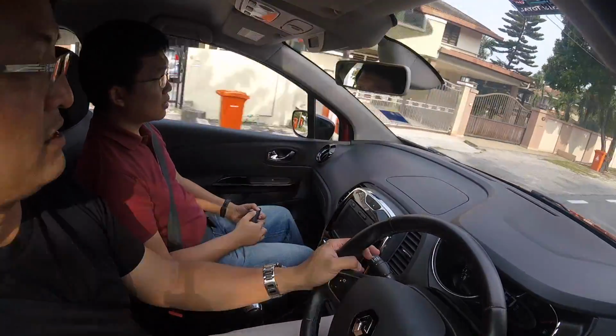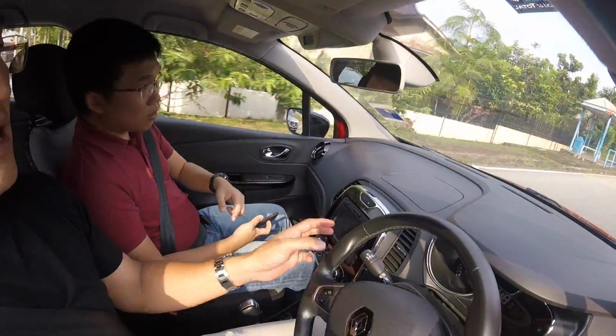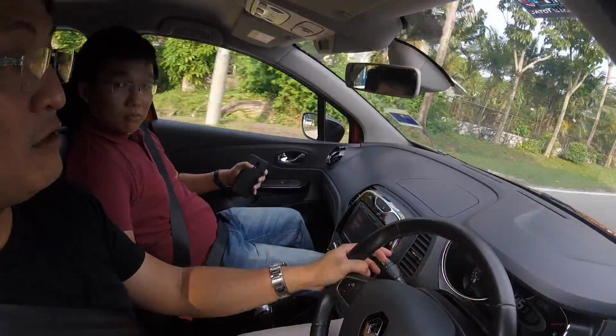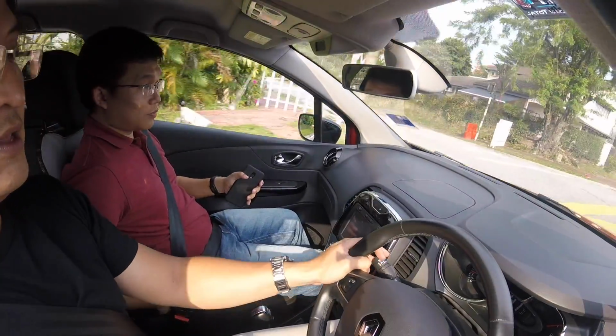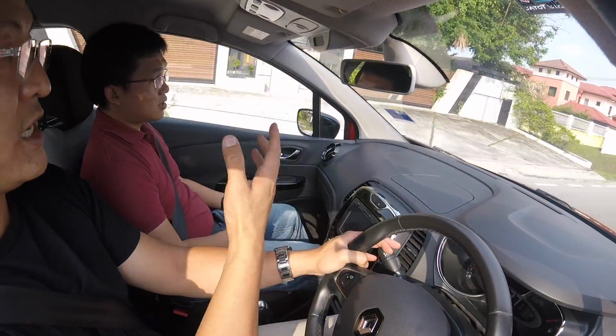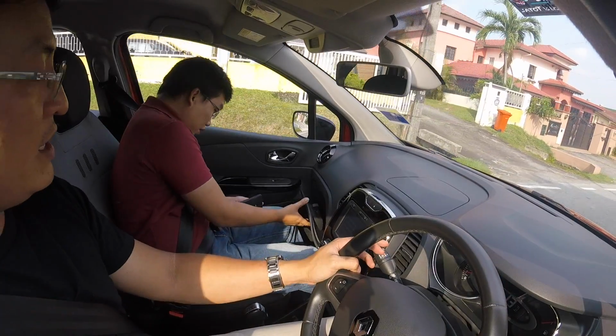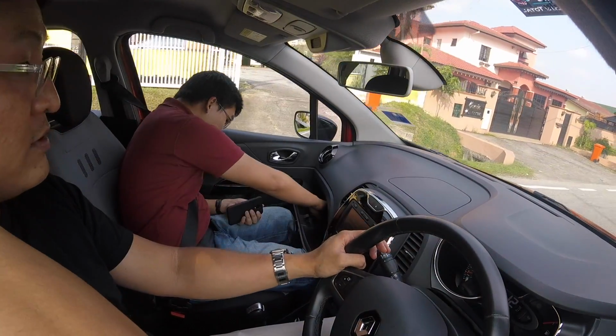What else do I get in the car? I think Isofix is... Oh, there's also Isofix at the front. Isofix at the front? Brilliant. So you can put your rear-facing child seat in front, so you can attend to your child. Actually, I appreciate that. I appreciate car makers from...